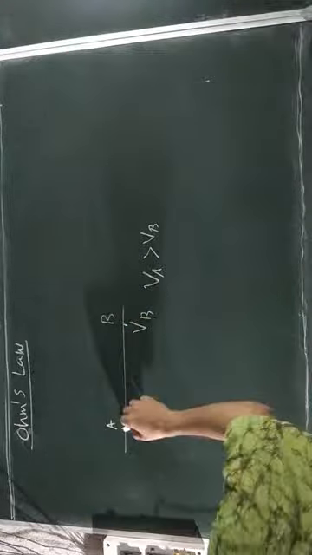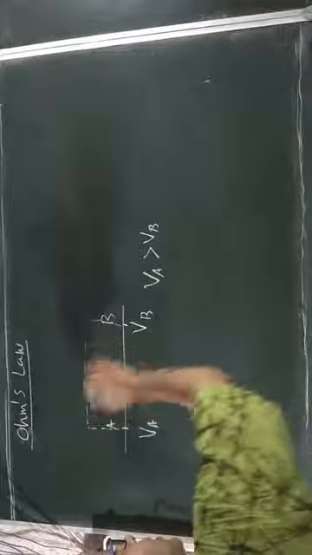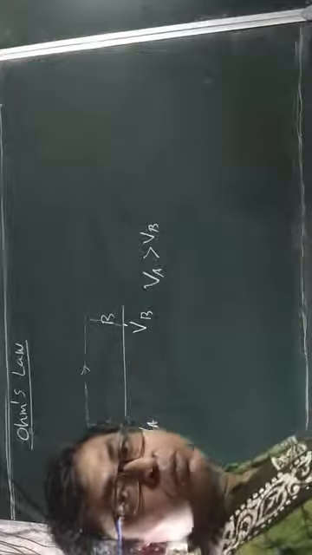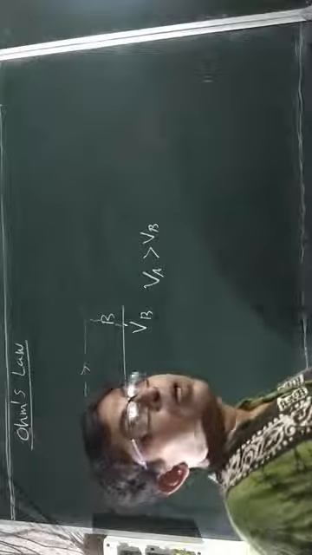So when these 2 points are joined, then the current flows from A towards B, and the rate of flow of charge or the rate of current will be greater if this difference in energy is greater. And this is stated in this law